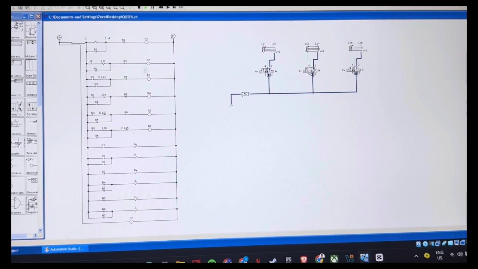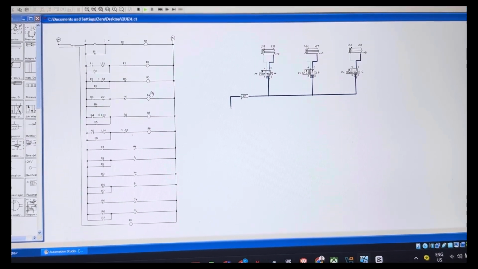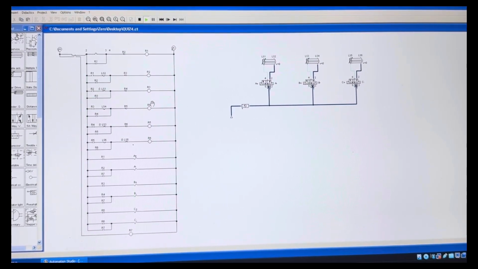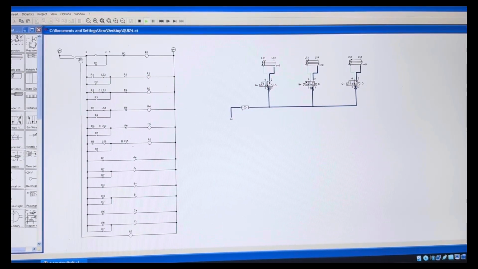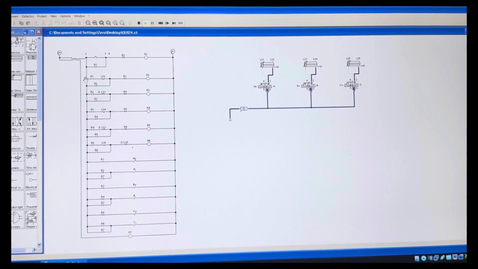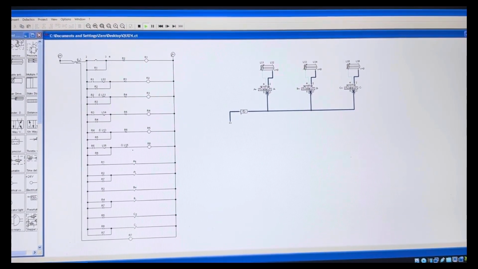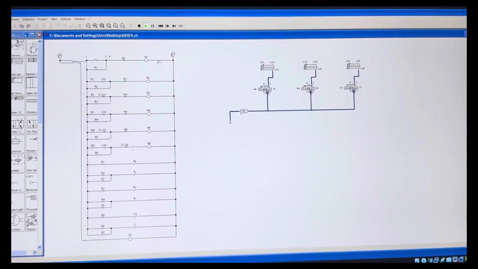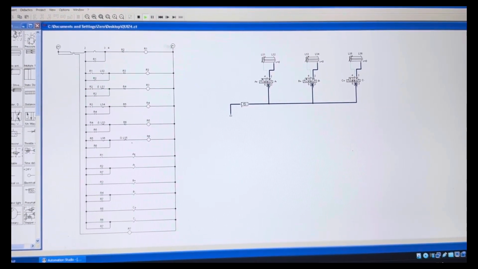So here we have our circuit diagram for our quiz 4. As you can see, it is almost the same as our circuit diagram for our quiz 3, but we have a little addition here, which is the reset button. The reset button functions as a reset during the process of the system. If we wanted to stop the system midway, here is the demonstration.